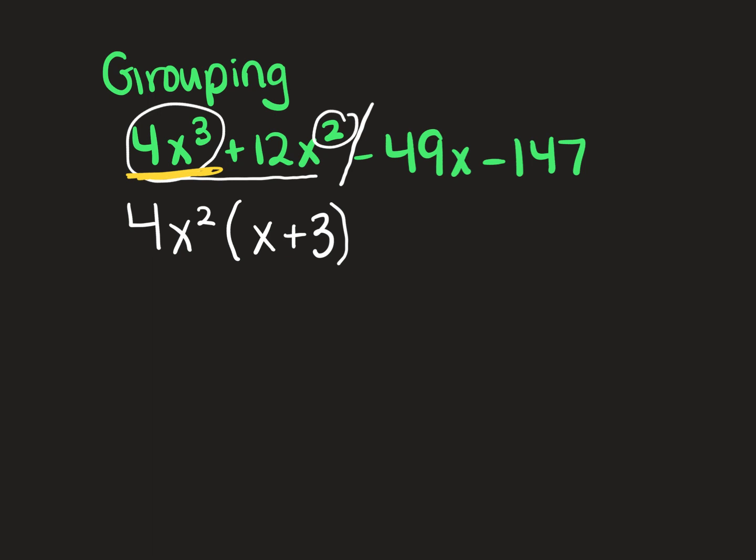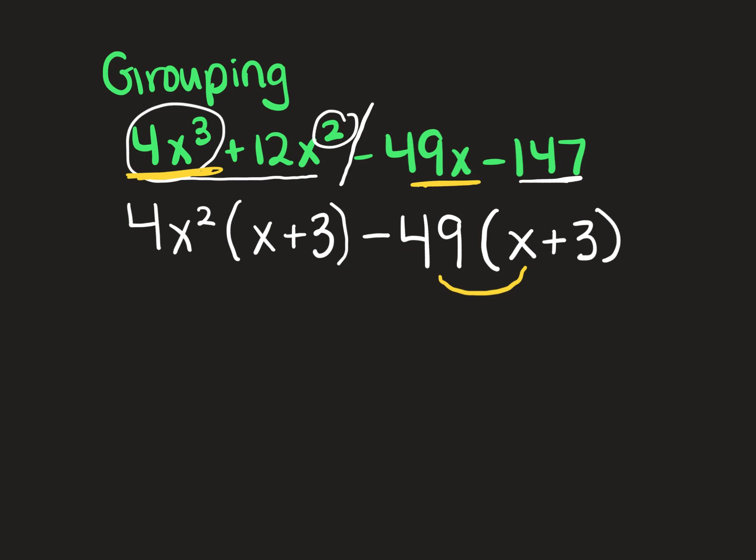The second group, I see that they're both negative, so I'm going to take out a negative. And 49 and 147, it looks like they have a common factor of 49. I'm going to look at what I need to multiply. Well, for negative 49 times blank has to give me back this negative 49x. That means I'm going to need an x there. And for the second one, I'm going to need a positive 3,